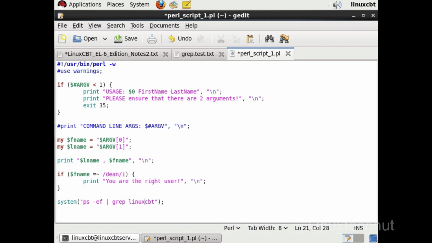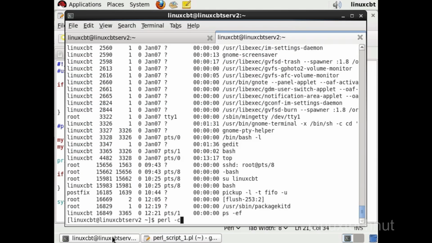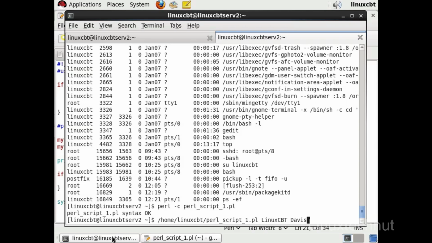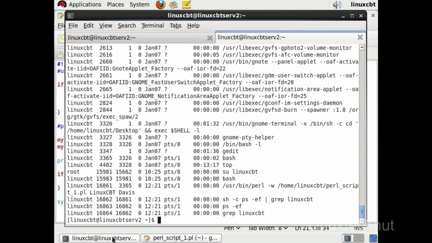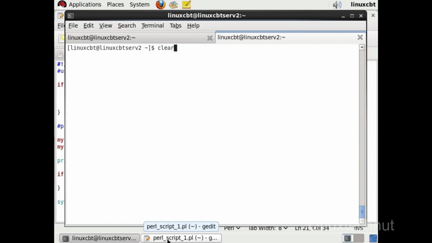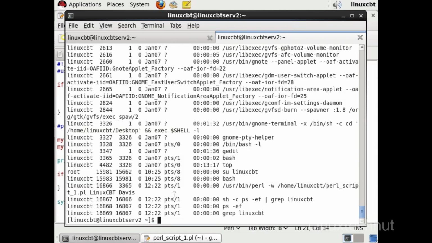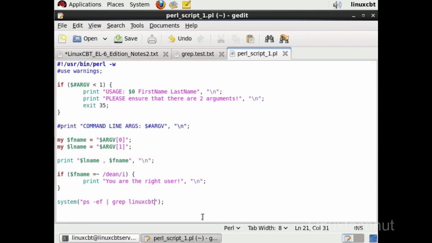So this is one way to run a process from Perl directly through the system. So this is just a ps -ef grep Linux CBT, which could be all set to a variable or to an array. Then we could extract the elements in the array and process them accordingly. So it's a simple way to run a process. Let's Perl -c. This should be in our history. And this will check for syntactical correctness. Now let's run the process. And there, this time when it ran, it did the ps -ef for us, grepping Linux CBT. And perhaps we could then further awk